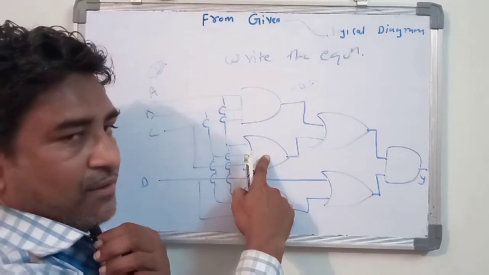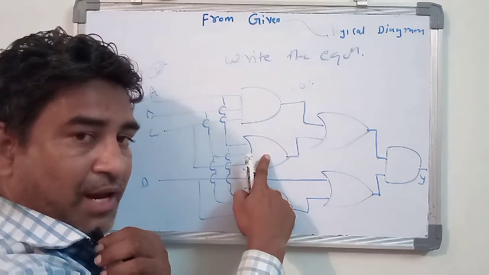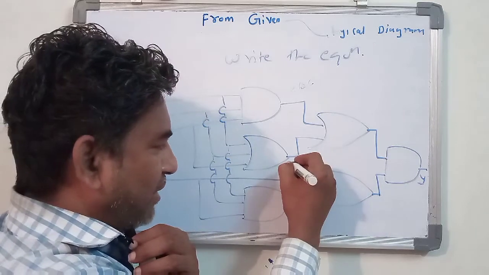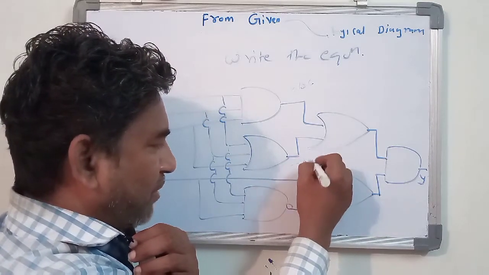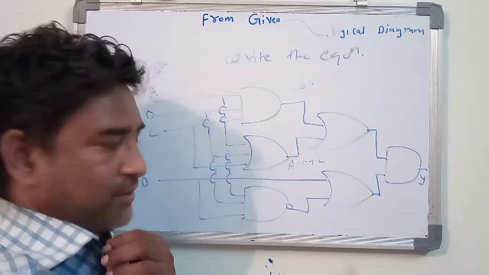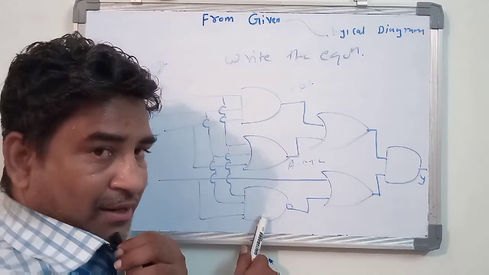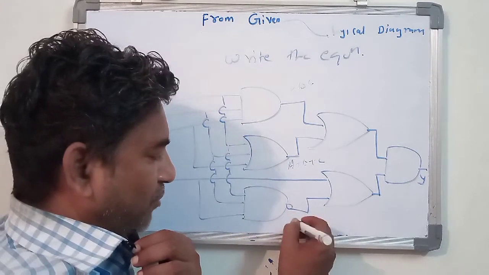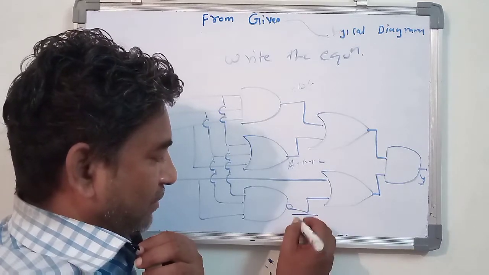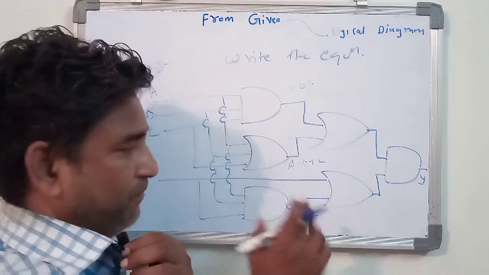The second gate is an OR gate, and this OR gate is used for addition. Again the A, B, C terminals are connected. So here you will be getting A plus B plus C. Okay, A plus B plus C is the output for this gate. Again this one is nothing but a NAND gate. At the output of this NAND gate you will be getting ABC whole bar.